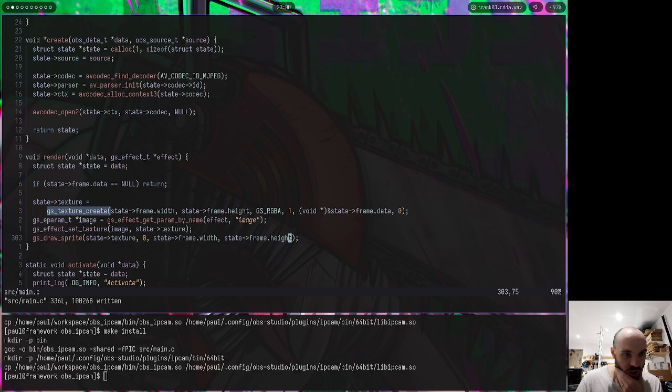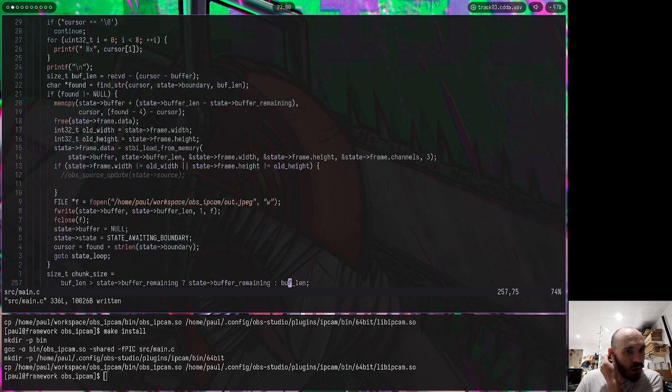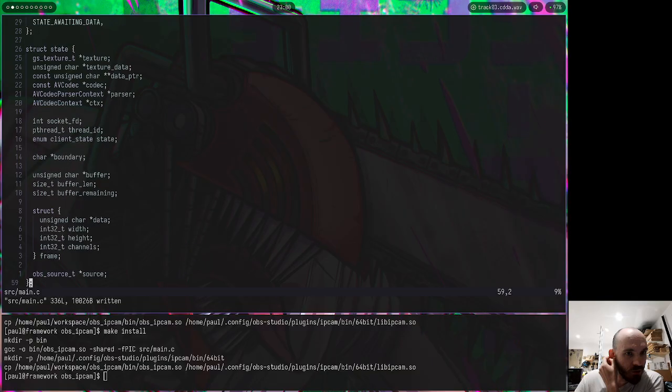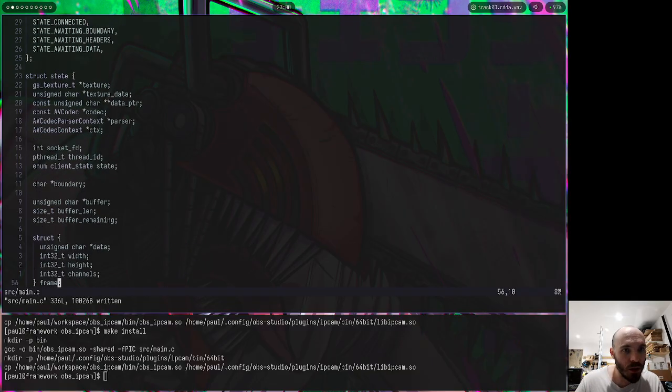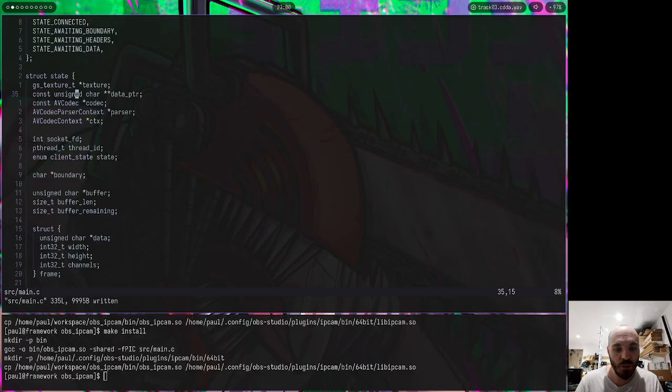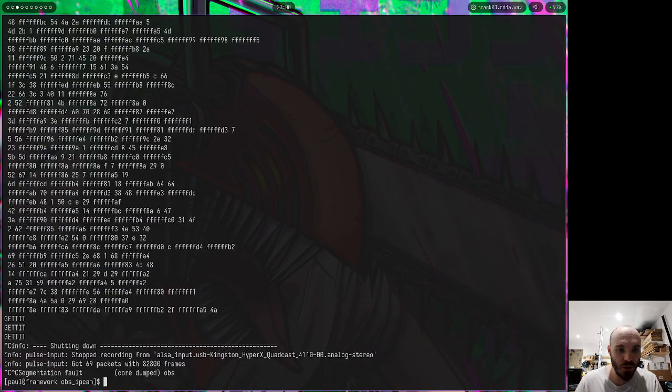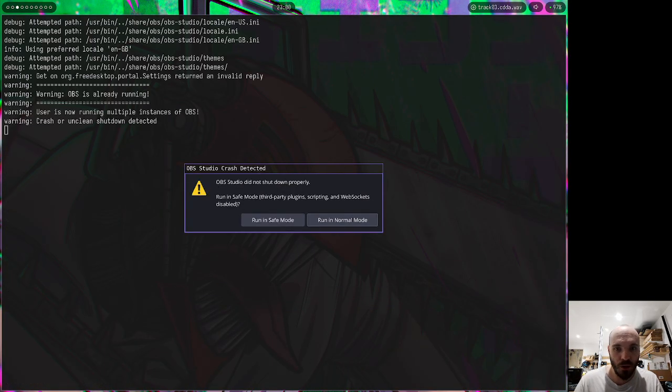Now the thing is, if there's no data, it's going to return, so this is going to be set. It's not going to show you anything. I am going to remove from here the texture data, just because I wanted to see if it's used anywhere. Launch, run,